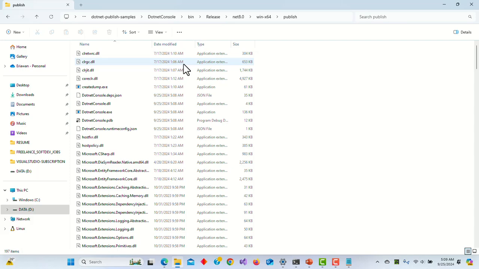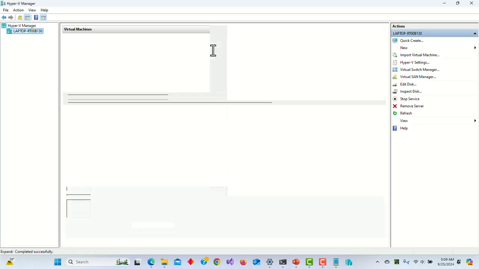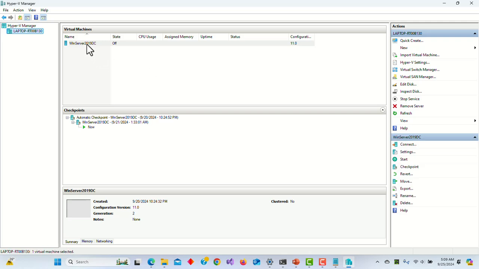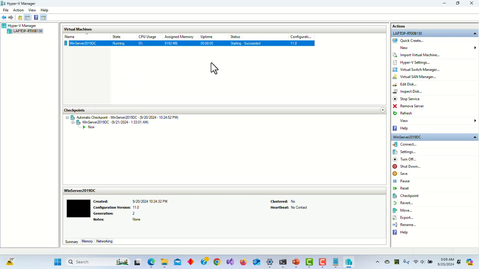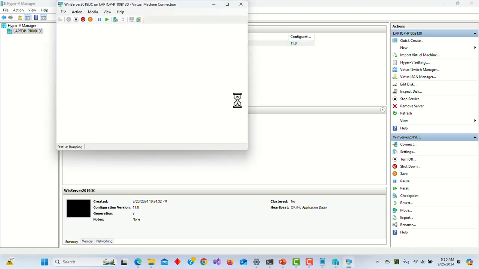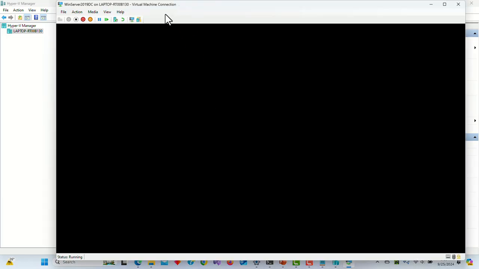I already have a VM here on my machine. This is actually for me to learn Windows Server domain control, but I think I can use it for now. Let's try to start this guy. While we are waiting for this large server to come up,